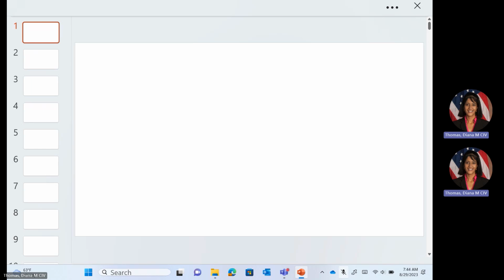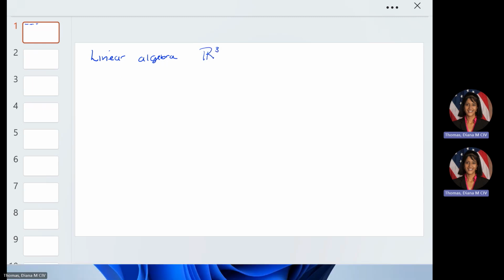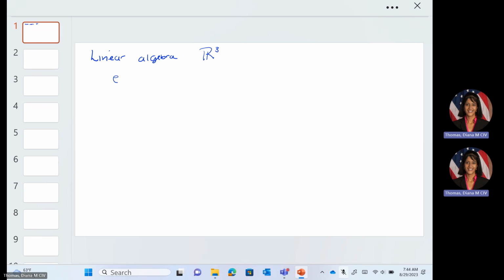But you've seen it already, in linear algebra. We use E1, E2, E3 in linear algebra. I'm just going to talk about R3, though you've done Rn. If you take E1 to be 1, 0, 0, this is the math way of writing things, E2 to be 0, 1, 0, and E3 to be 0, 0, 1,